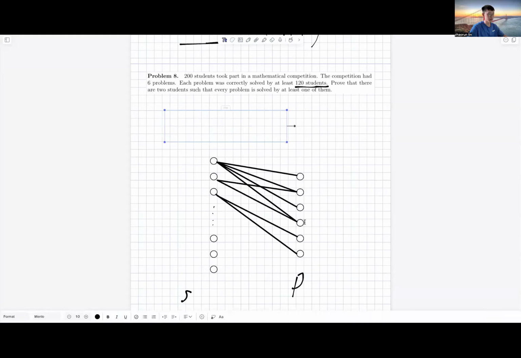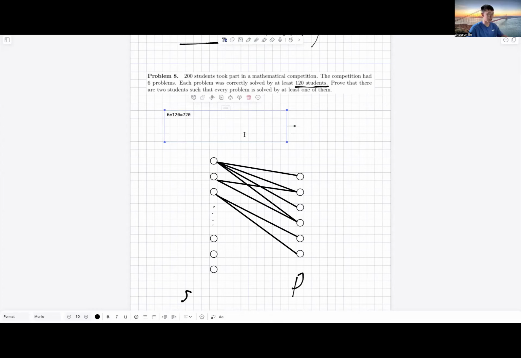Since every problem is solved by at least 120 students here, every problem should have at least 120 edges connected to the nodes on the left. So there's at least 6 times 120, so there are only in total 720 edges in the graph, since this is the